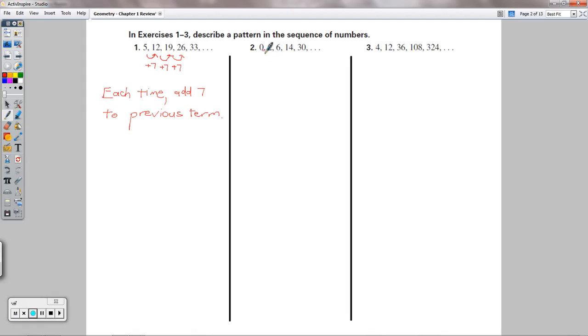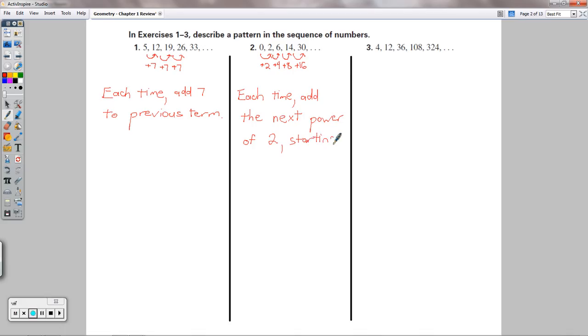It looks like it's plus 2 initially, and then plus 4, and then plus 8, and then plus 16. So let's write that down. From here to here, plus 2. This one plus 4, plus 8, plus 16. There are different ways you could say this, but I'm going to say each time, add the next power of 2,